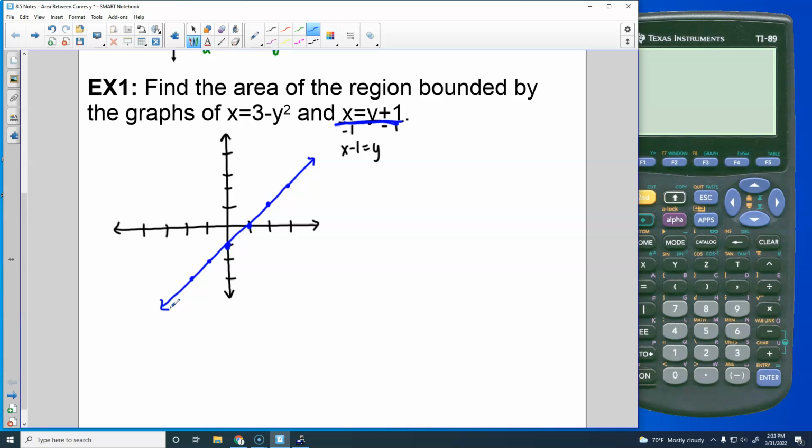Okay, and then to graph x equals 3 minus y squared,